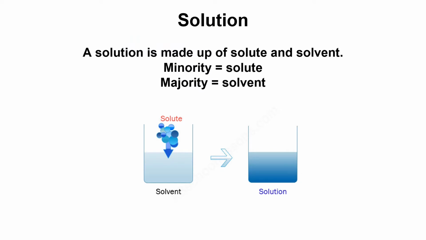Let me first give you a recap of what a solution is. A solution is made up of a solute and a solvent, where the solute is in the minority and the solvent is in the majority. When you mix a solute in a solvent, it leads to a solution. A solution is also called a homogeneous mixture, and if you want to know more about solutions and mixtures, you can watch the topics on solutions and mixtures and the representations of solutions, which are the previous topics.